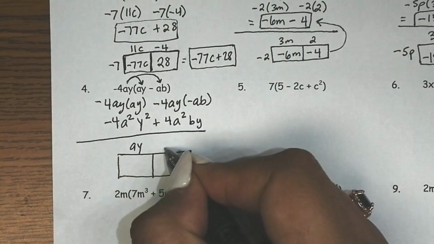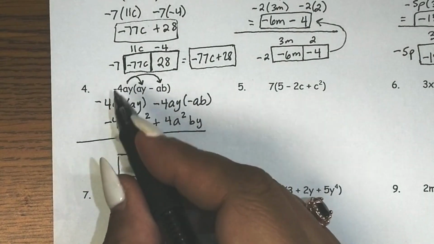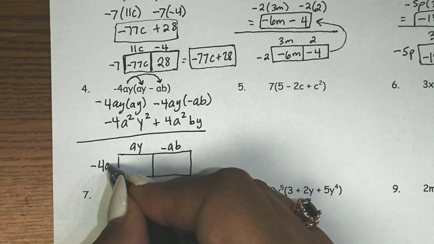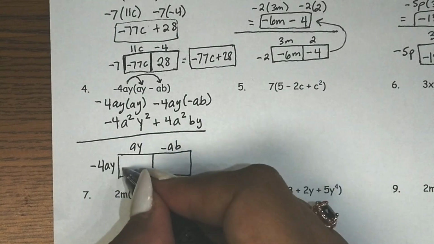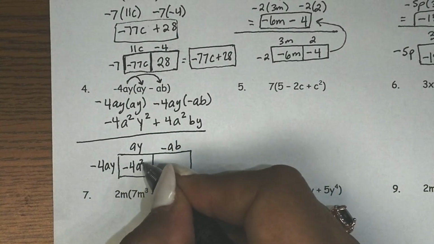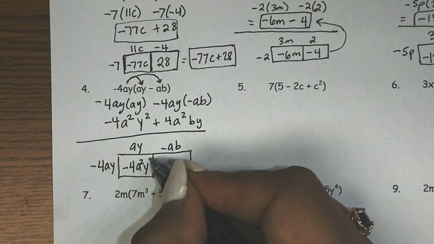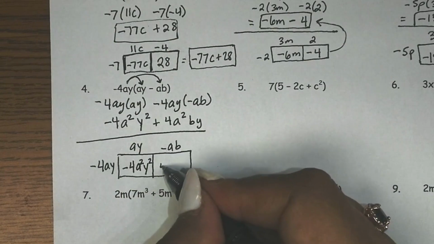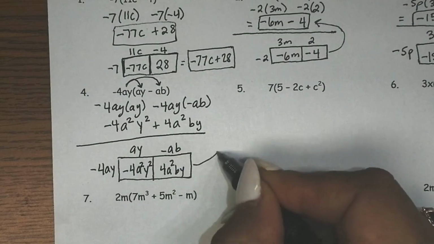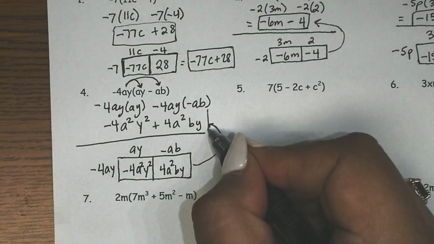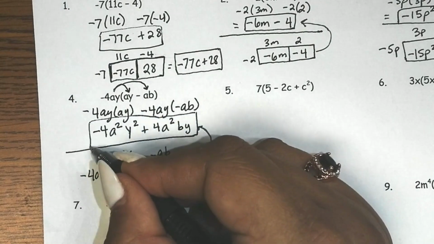AY goes on top, negative AB goes on the second block, and then we're going to do negative 4AY out here. All you're doing is the same operation as distribution, filling in each product. So negative 4a squared y squared, and then this is positive 4a squared by. Take it out of the box and rewrite it,